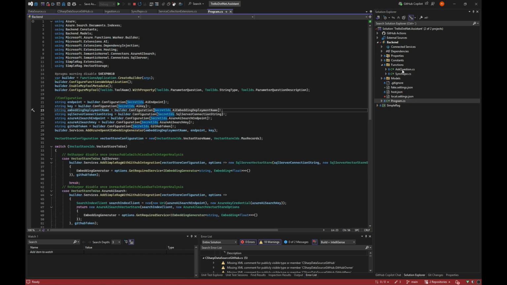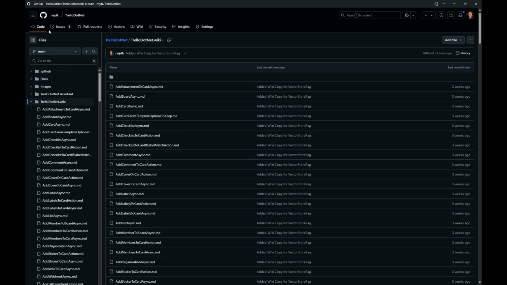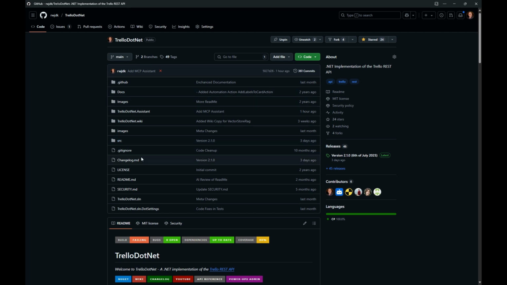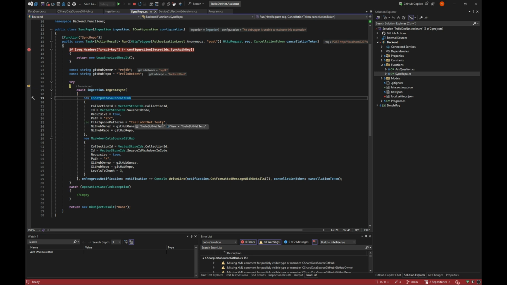So if we go back into the repo here and start out, we can see that I'm doing this Trello.net collection with code as the ID, recursive in my file source. So if we look at Trello.net's structure here, it is this folder I want to do, so I don't want all the other folders. And so I want all these folders, but not this one, which is my tests. So I'm excluding those as an ignore pattern. This is just regex ignore patterns.